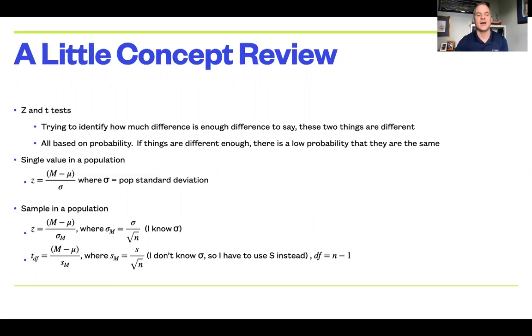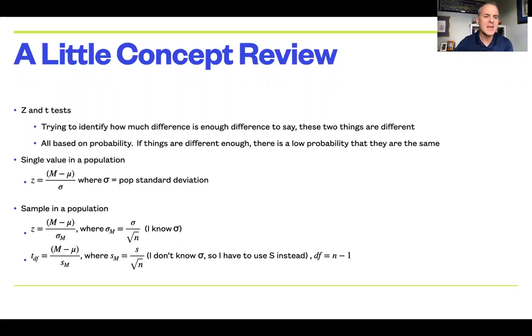in fact different. So if we're doing a single value in a population, we can use a z-score, right? Where z is the difference between the particular value or the mean of my sample compared to a population mean, divided by the population standard deviation, right? That gives us a z-score. And if that z-score is too far from zero, right? So 1, 2, 3 standard deviations away, we start to say there's a low probability that these things are the